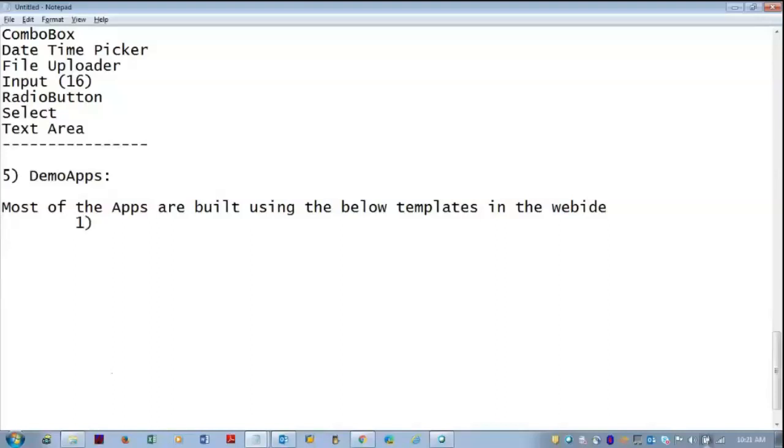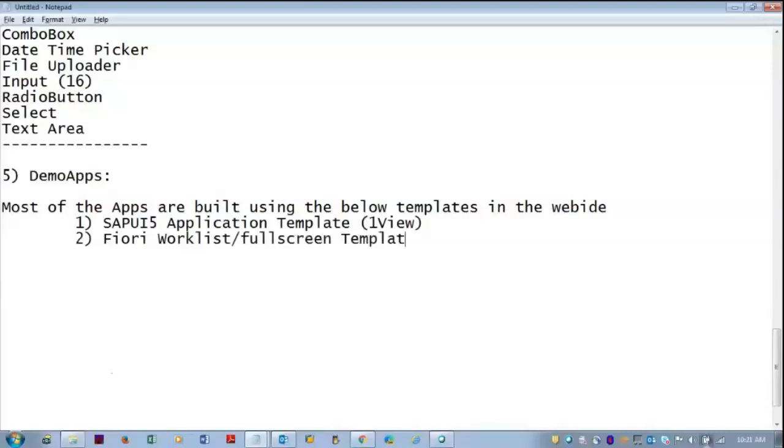Number one, there are 4 templates: SAP UI5 application template with one view by default. We can create a number of views. Next, Fiori worklist or full screen template with 2 views.